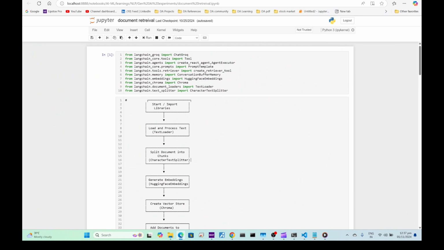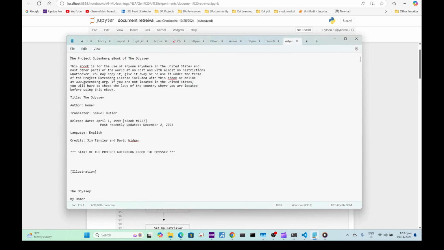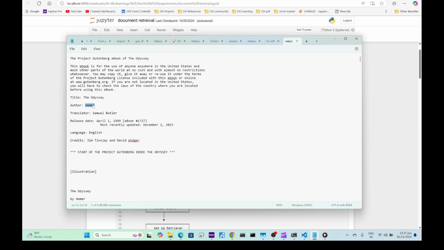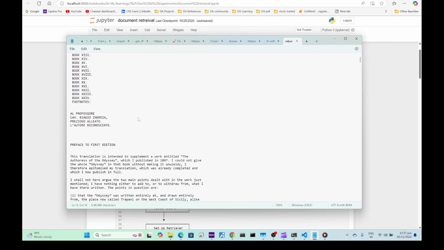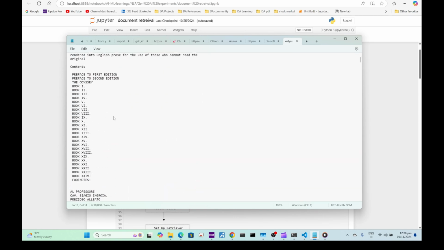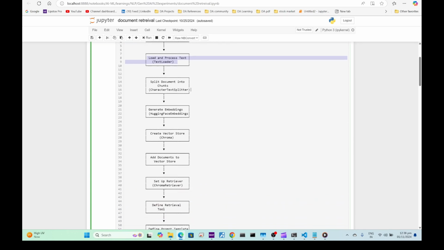This is a flow chart of our project. First, we are importing the relevant libraries, and next we are going to import the text file called odc.txt. This is basically a poem written by Homer, and this document we are going to upload to the Chroma DB. For that we need to load these files with a text loader, and we need to split this entire document into chunks, and these chunks are